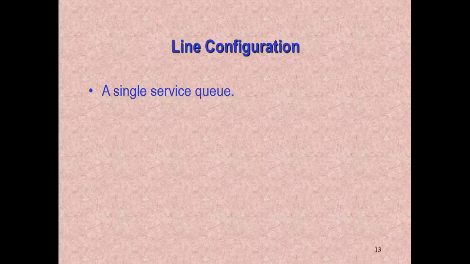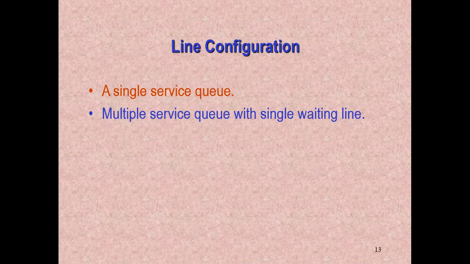We may have something called a single service queue. So a single service queue means one waiting line and one server. I'm trying to think of a good example of that. Starbucks. Okay, one waiting line, one server. Yeah, pretty much, right? One line. I don't go to Starbucks, but pretty much one line, one server. Okay, so that's a single service queue.